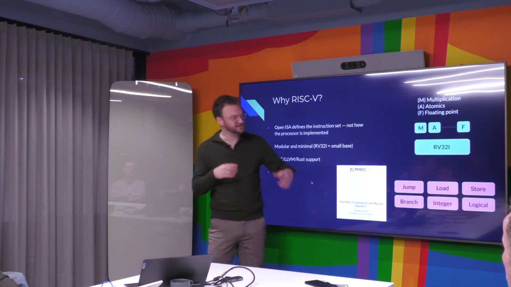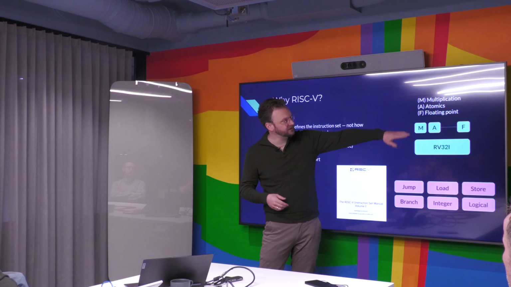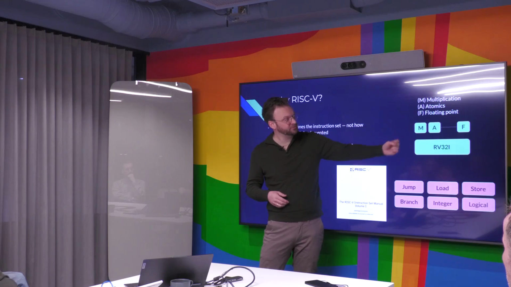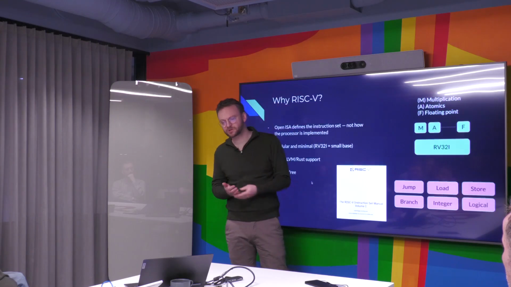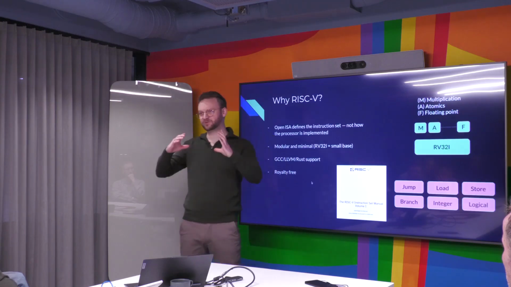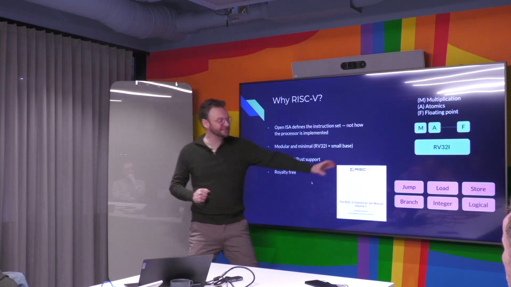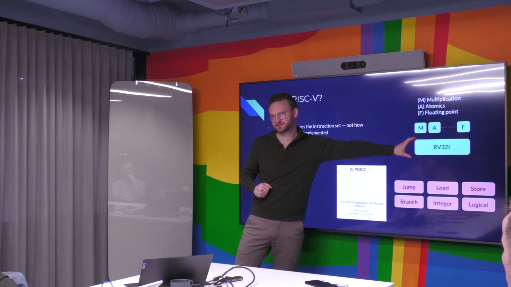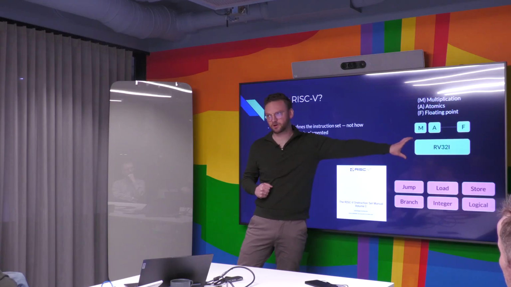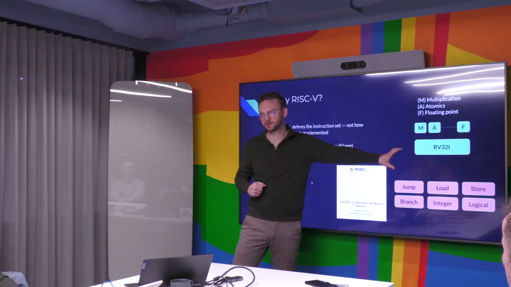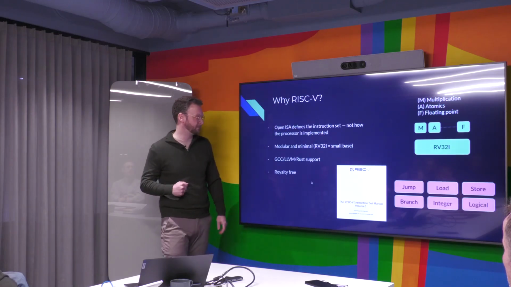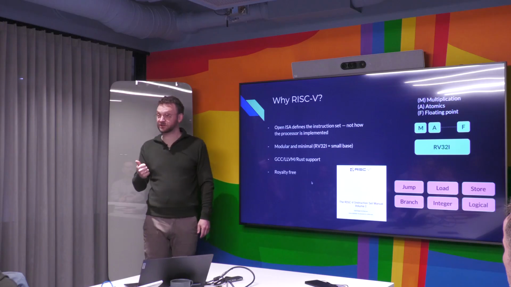And then the standard allows you to build layers on this. So you have additional modules for multiplication, for example, atomics, floating point, instruction compression, and so on. So you can build a pretty complex thing with this, but at the heart, it's this. This is what it all boils down to. This is a fully working operational processor that you can implement, and it's very simple, which is good if you want to teach